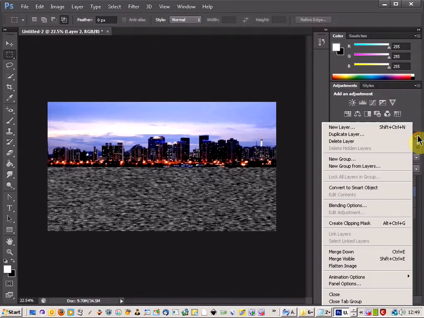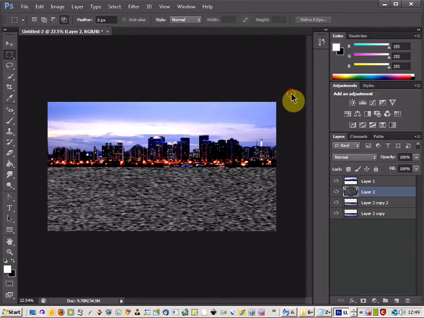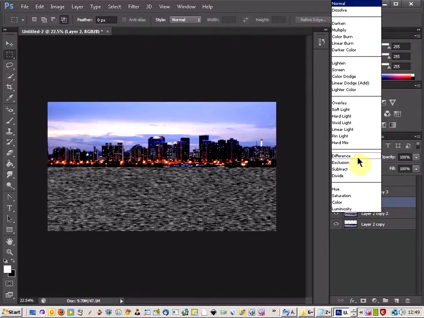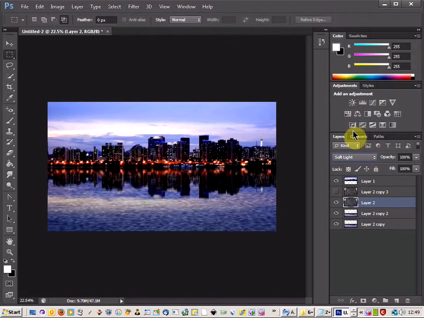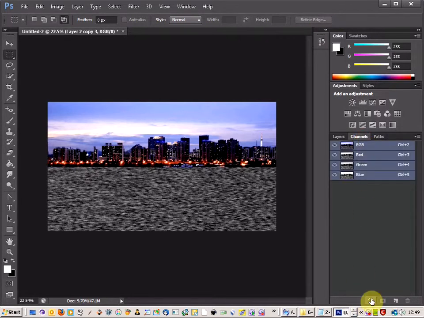And then what you're going to do is copy this layer, hide it for the moment, and then click back down to the layer that you were on before. Click up to the blend and choose soft light. There we go, it's starting to take effect. And then change the opacity, just bring that down to about 50, that should be fine. And then come back up to the layer that you were just on and click on channels, and then come down to the load channel button, just select that,